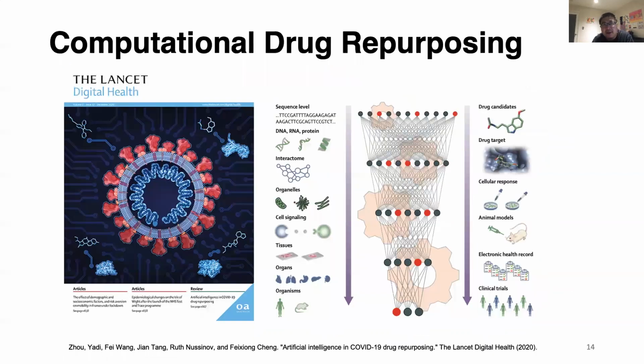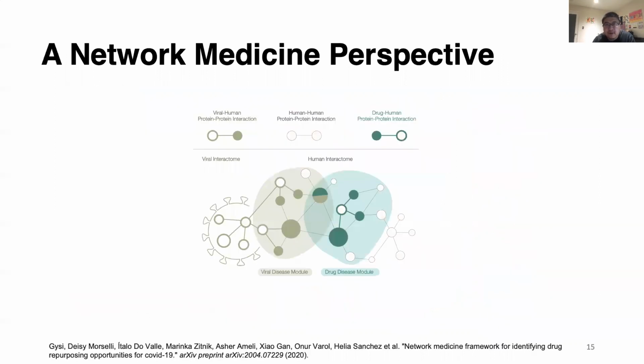And this is a paper we published, I, together with my collaborators, Dr. Feixiong Cheng from Cleveland Clinic and Dr. Jian Tang from the Montreal Institute of Learning Algorithms. And we envisioned how computational drug repurposing could be important and promising for treating the COVID-19 disease. And in this paper, a group of Northeastern researchers proposed a network medicine perspective for